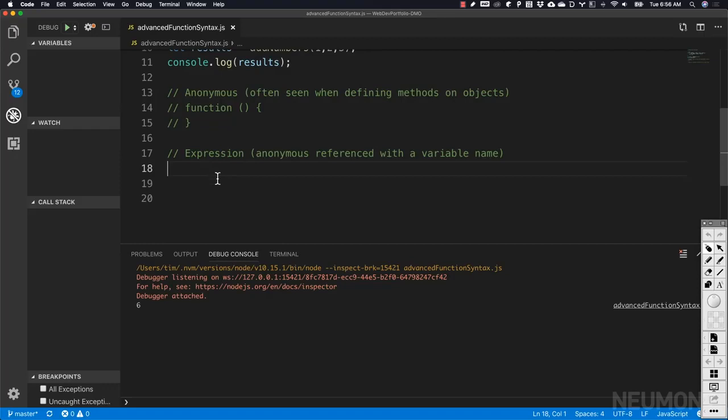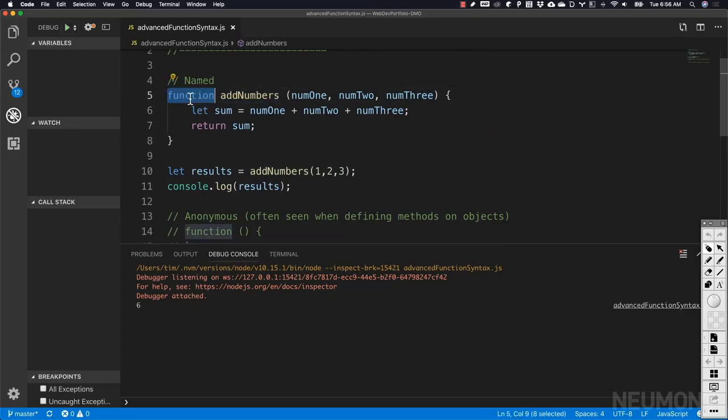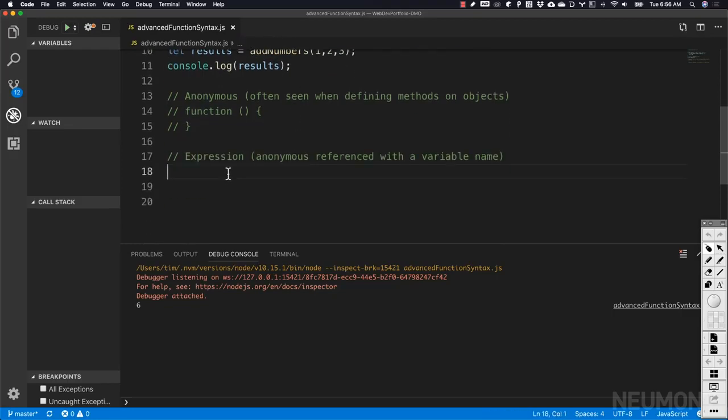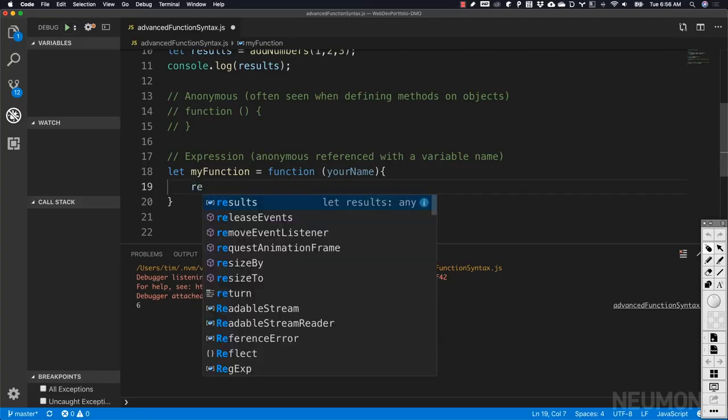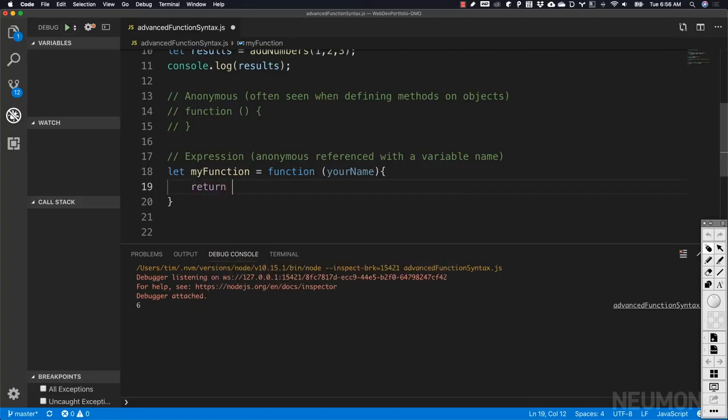The function expression right here, what we are really doing is, instead of creating a named function where the function actually has a name that points to this, instead we are taking a variable, so let myFunction equal, and here's where we can use an anonymous function. We can say function, and here we can pass in some parameters. So let's just say yourName, and then inside of the body, we're going to go ahead and we are going to return a string, which is